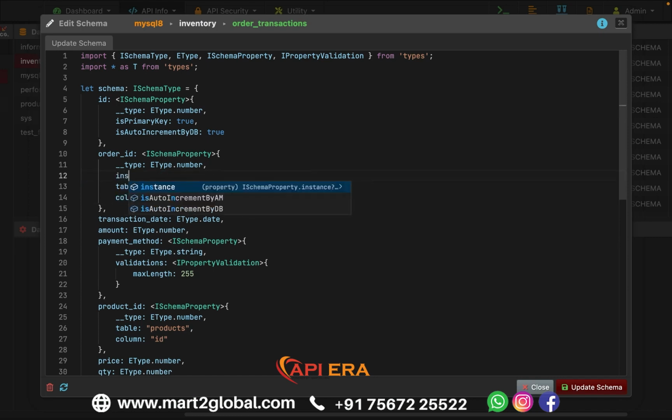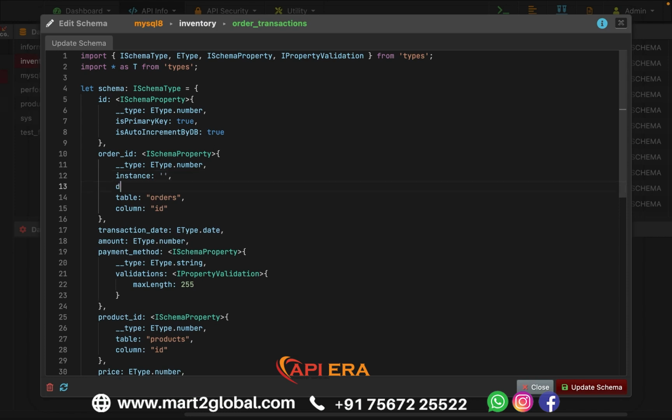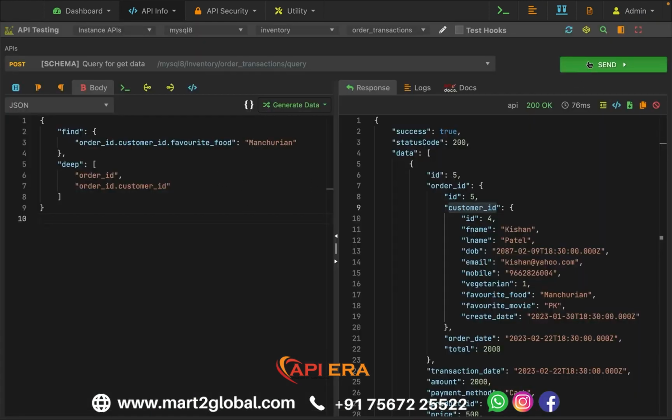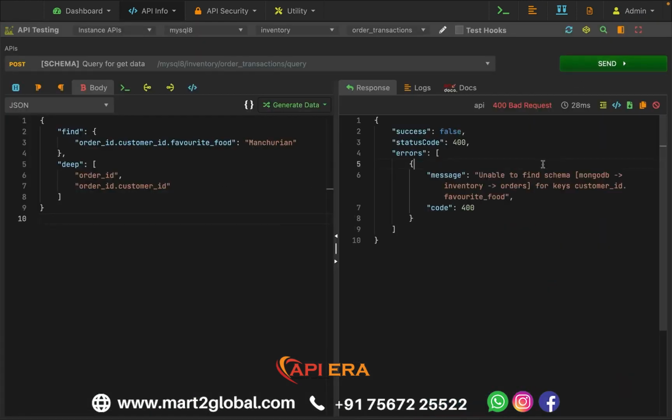We'll add instance, we'll add database, and table and column are there. Instance will be MongoDB and database will be inventory. Update the schema. Let's go back, hit, and we got this error saying that it is not able to find